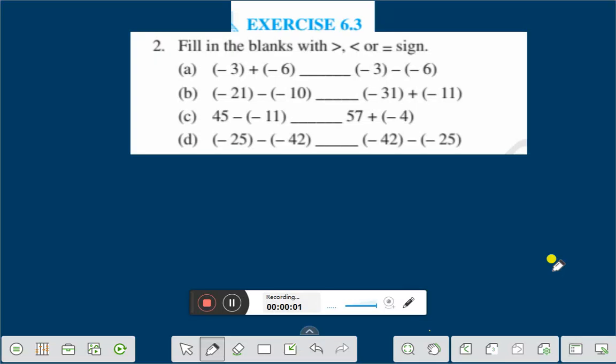Hello everyone. Today we shall discuss exercise 6.3 question number 2. Fill in the blanks with is greater than, is less than, or is equal to sign. Let us take question number A. Question number A is